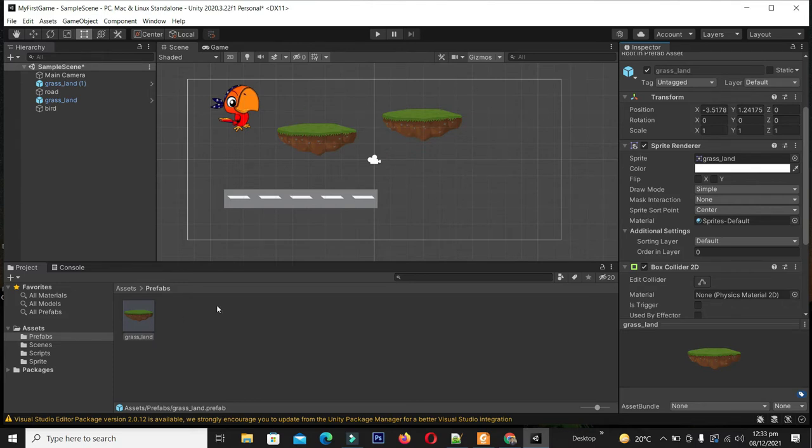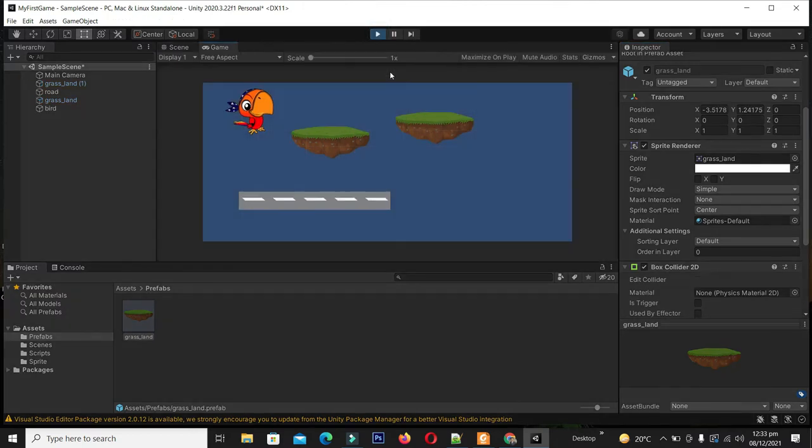You can see I just applied it to this prefab, and it is automatically applied to all instances being used in this scene or in other scenes which are using these grassland objects. Now let me play the game. You can see now my object is colliding with it, and in the same way my object is also colliding with the other.